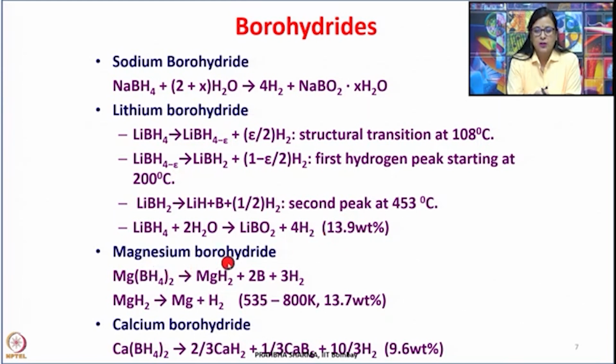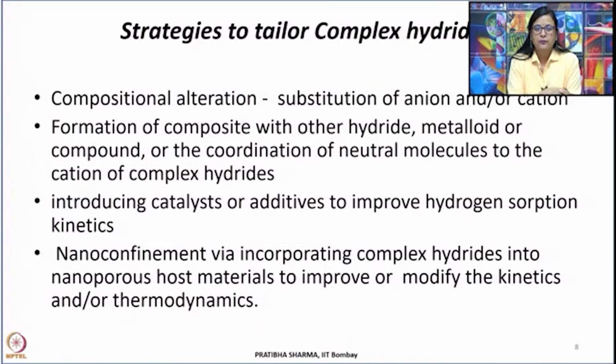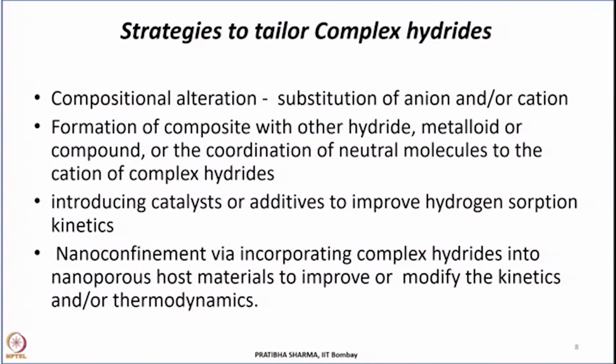Similarly, magnesium borohydride can give hydrogen, 13.7 weight percent, but there are different steps involved, and the temperatures lie between 535 to 800 Kelvin. And calcium borohydride can give approximately 9.6 weight percent hydrogen. Now, as we have seen, this particular class of compounds have higher desorption temperatures, they have sluggish kinetics,